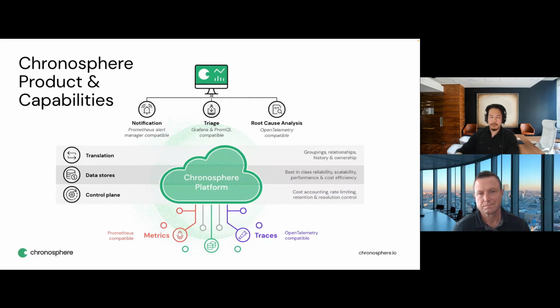The ability to actually solve problems is really important, not just at the technical level, but at the business level as well. So as you can see here in the middle, there are some key aspects that we think are important on the translation side of things: being able to do groupings and assign your costs and usage, having a best-in-class data store built on technology the founders created at Uber at true planetary scale data volumes, and then a control plane. As you've probably noticed, controlling this data is a really important aspect, and we'll definitely dig into that